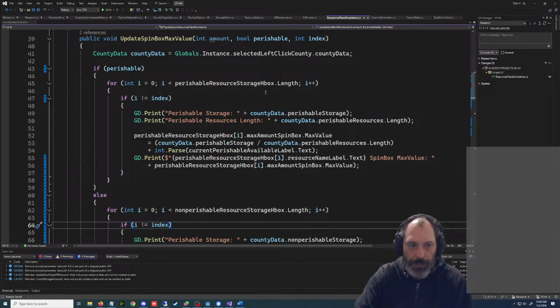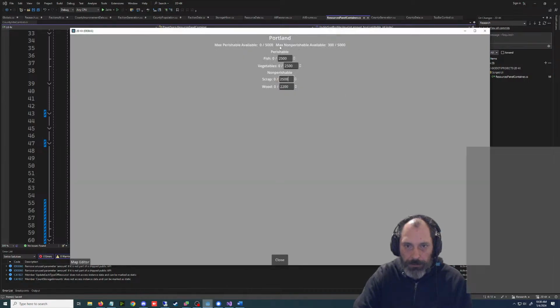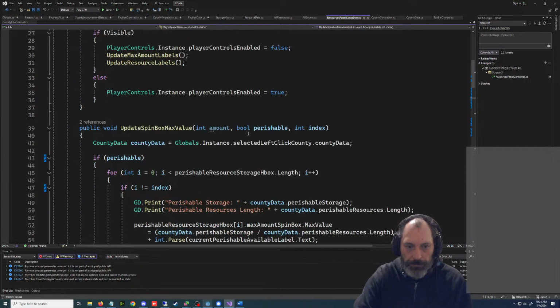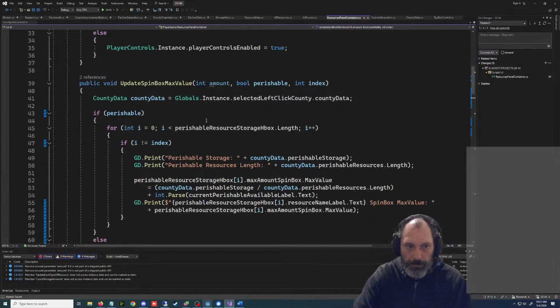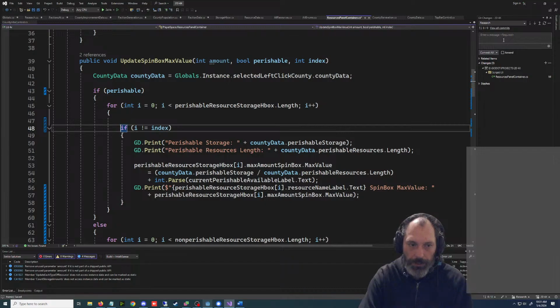Let's call this something. What do we want to call this here? What are we updating over here? No, we're updating this number. We're almost done with this stupid storage thing. It's going to be brutal until it's fixed, I guess. So this one is just going to be called, we'll call this